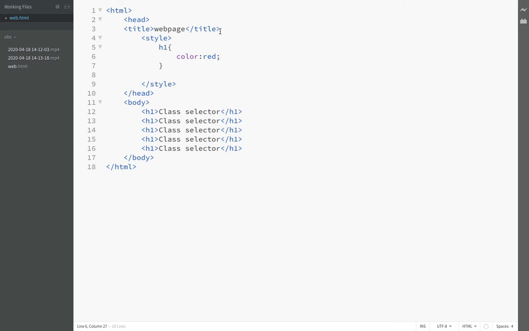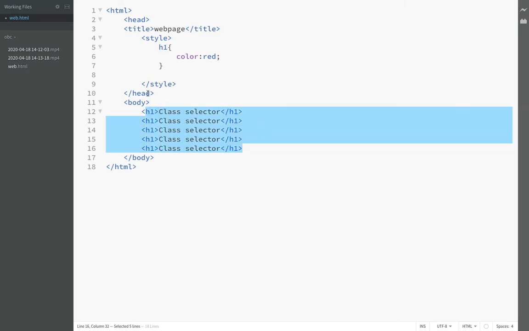So here this is called a selector. In previous tutorials I explained this, but once again I'm reminding you. So this is the h1 and here the color property is red, and here we are applying it to one element that is called h1. It is a tag selector here. Now h1 is repeated 5 times here.